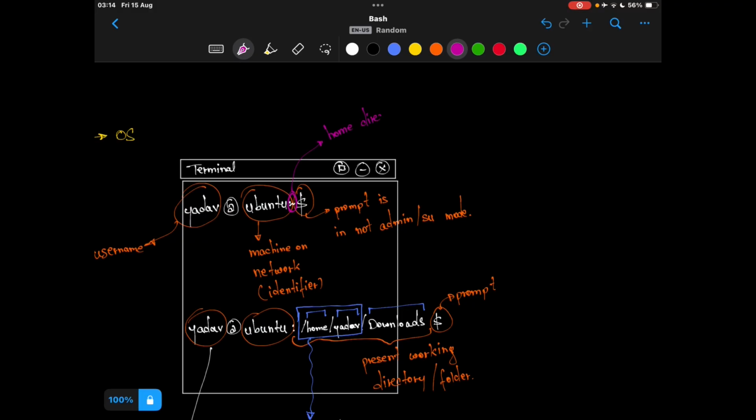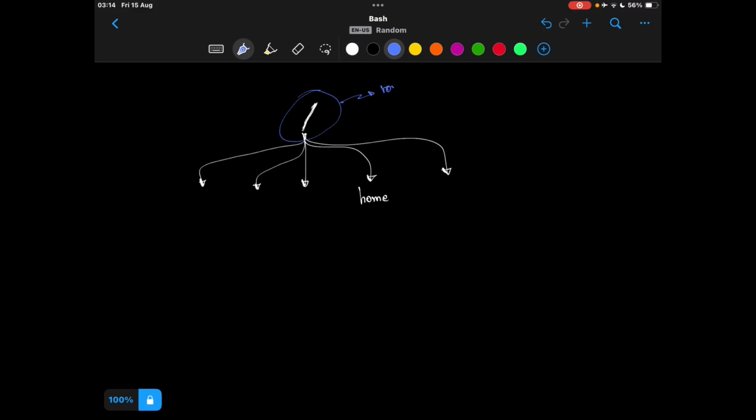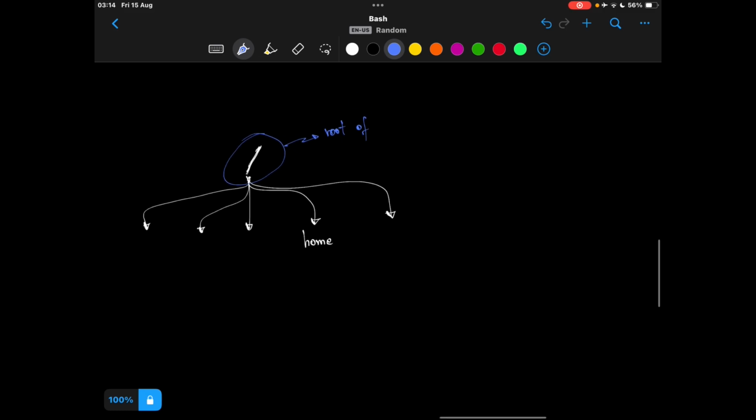Now what does it mean to have a home directory? In Linux, the file structure of the whole operating system starts with a slash. In slash there are multiple directories. We will not discuss all of them here, they must be discussed in some other course. But what is important to us right now is that this is called the root of the whole directory tree, which shall not be confused with some other root.